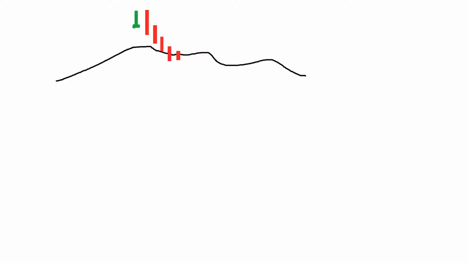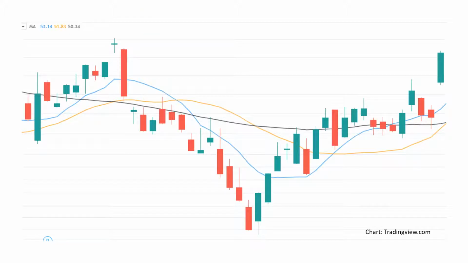Another important element of the MAs is that it shows you a clearer picture of how the institutions are moving the market. The orders that you and I enter cannot possibly move the market or make a stock move. But institutions, on the other hand, use billions of dollars working together to move the market. When you see a large green bar or a large red bar, what you are actually looking at is institutional